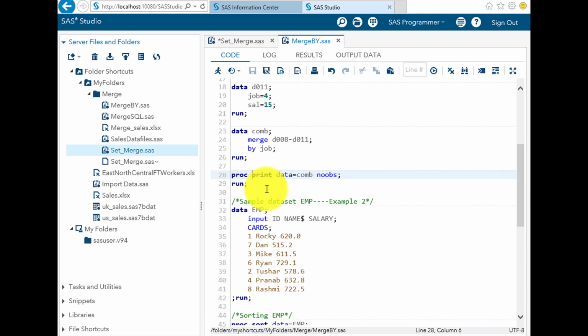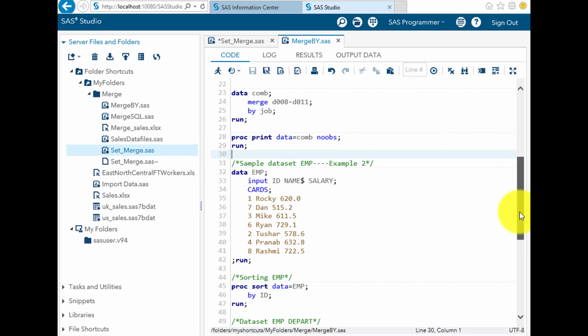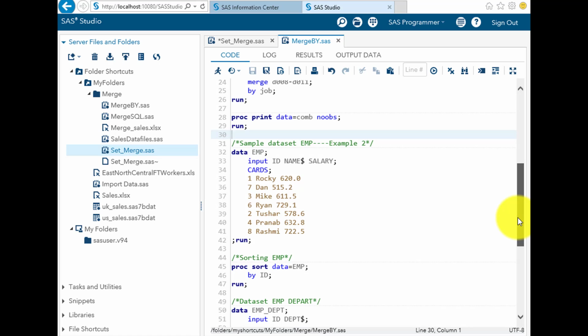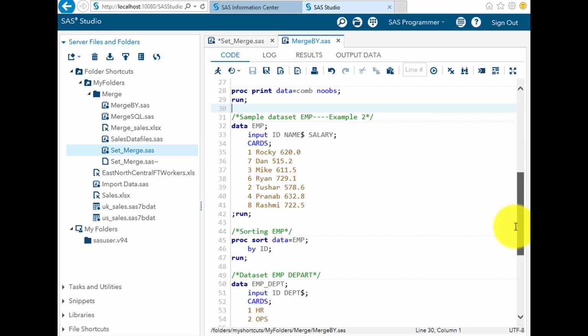Next example I am taking over here is an employee dataset EMP, and the second dataset I am taking is employee department, EMP underscore DEPT. So what I will be doing over here is creating a new dataset called EMP, whose columns are ID, name, and salary.